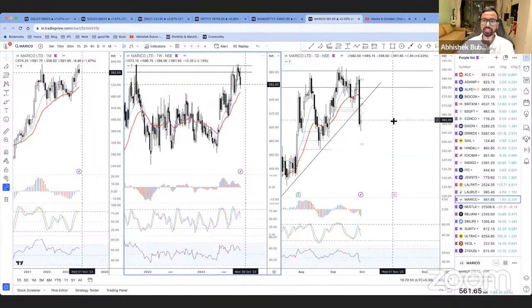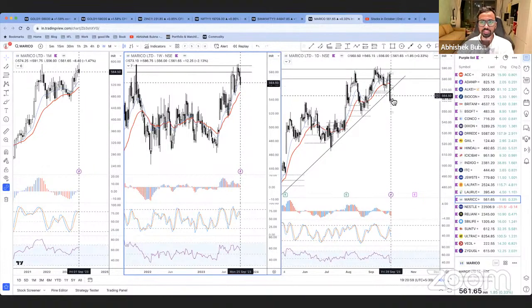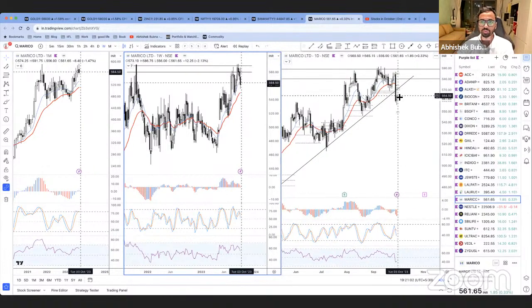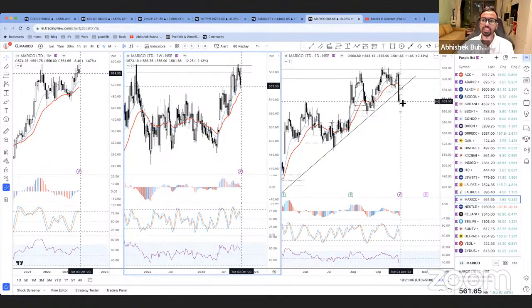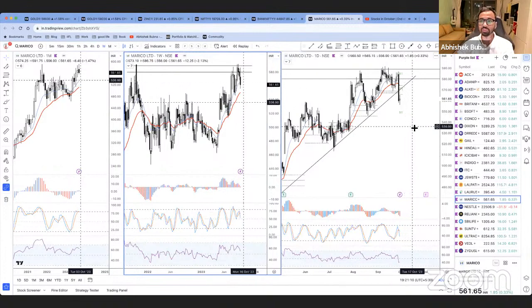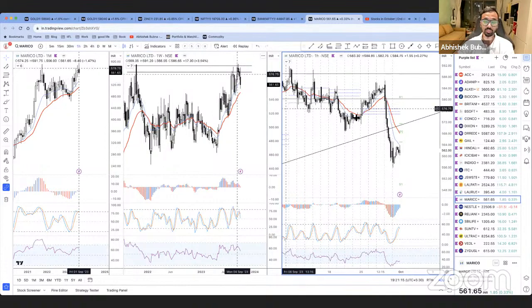Okay. And of course, I think we had this in the list last time as well, and people did take a trade here. Again, we have a narrow, well, not narrow monthly CPR compared to the last month, but we do have a narrow CPR. It might go test this line, might go test the CPR and then fall. Either way, we are looking to sell because of the monthly and the weekly chart.